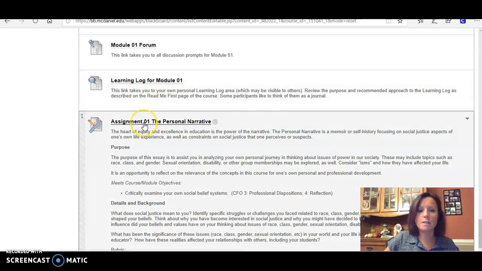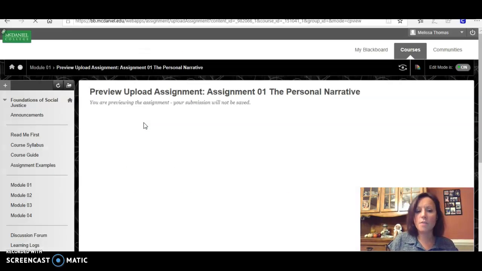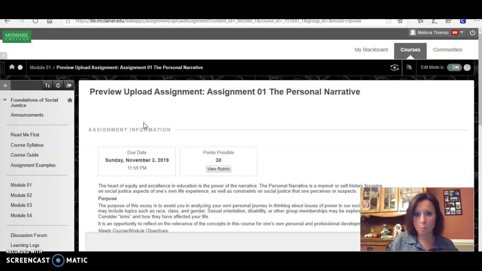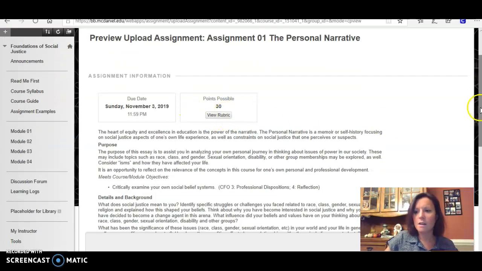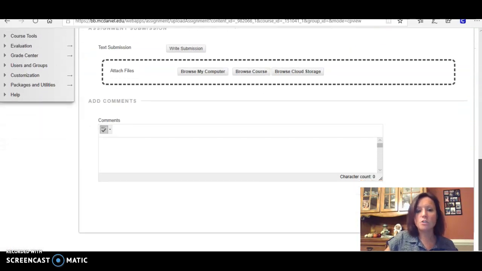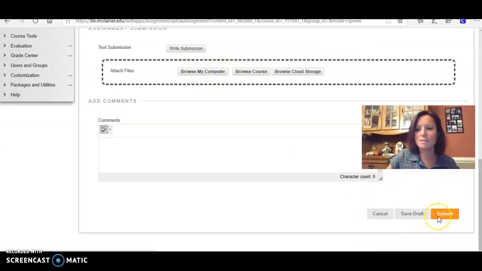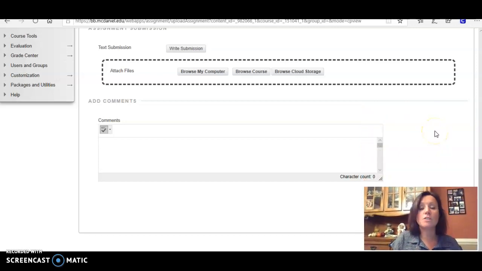Finally, in Module 1, you have an assignment. This assignment is your personal narrative, and this will be information about where you are in regards to understanding equity and social justice in your life. In order to turn this assignment in, you need to click the assignment link at the top of that section, and you'll come up to this preview upload page. On this page, first off, you can view the rubric if you'd like. All of the assignment is in here again, and you can scroll down to browse my computer, and then you can link the file, and under that, there is a submit button. So make sure that you submit it there,